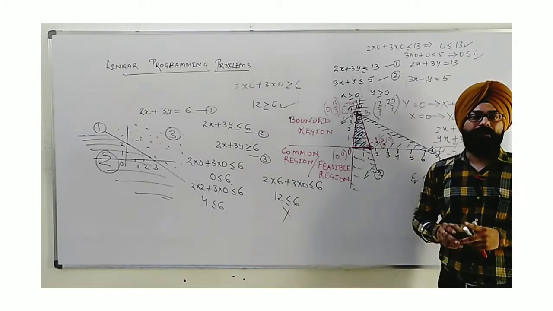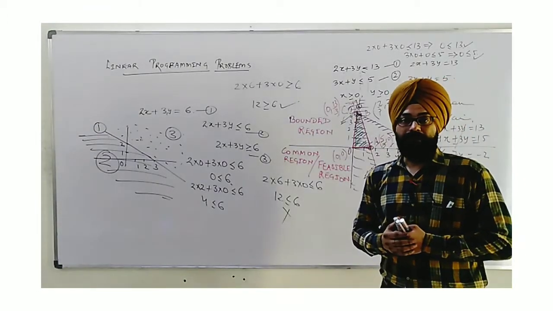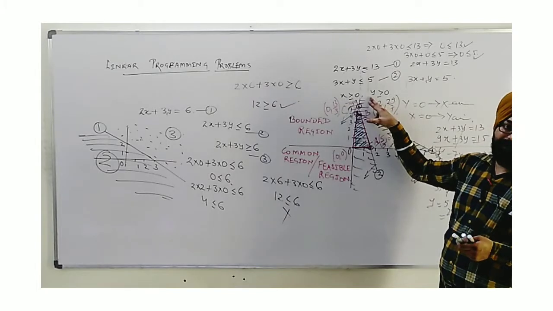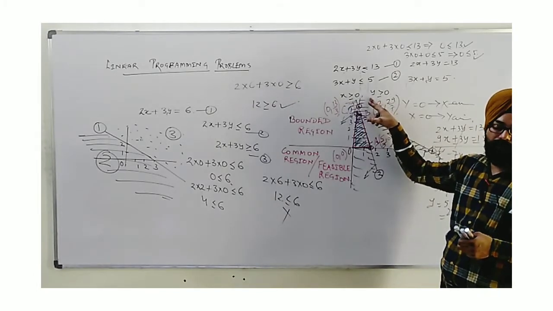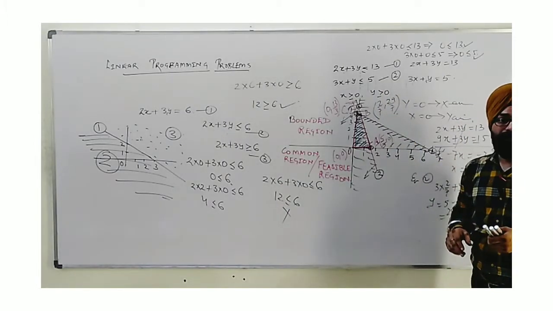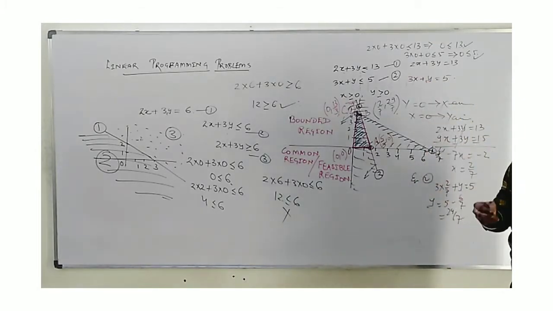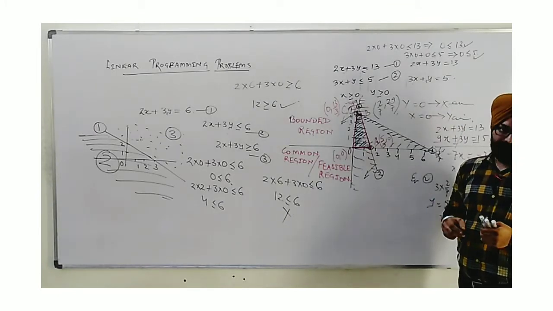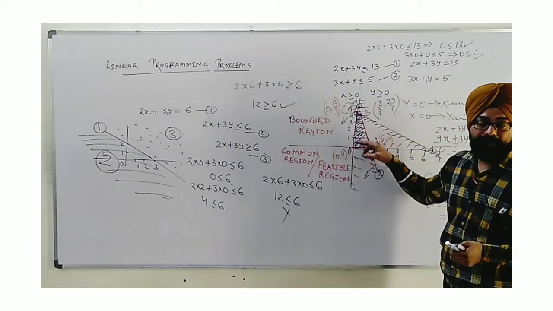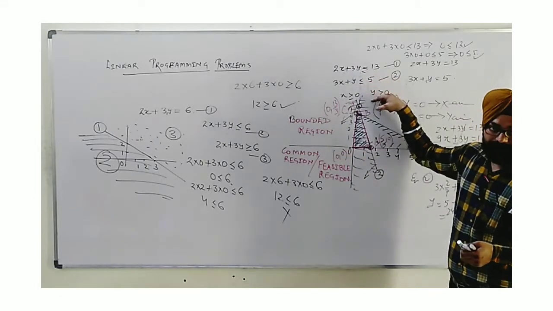Whenever you are given a bounded region, these problems are used to actually maximize or minimize a condition. Suppose I say that these two are inequations assigned with the x is greater or equal to 0 and y is greater than or equal to 0 conditions. Then suppose I ask to maximize the values of x and y. What is the meaning of maximizing the values of x and y? I will repeat my statement. This bounded region contains all those points which satisfy all these inequations.